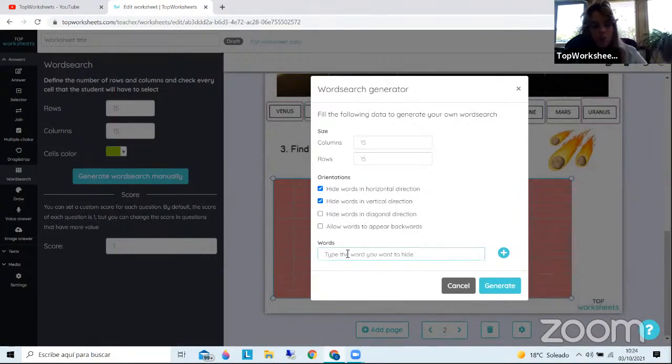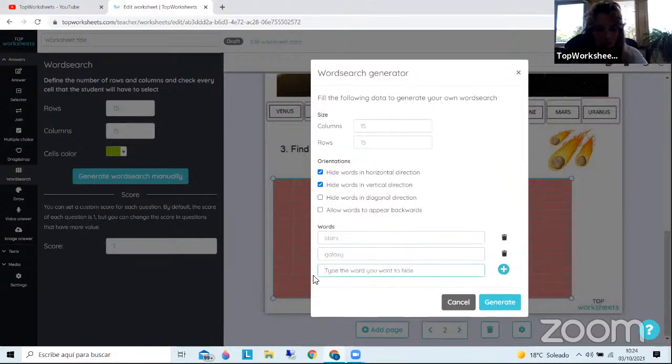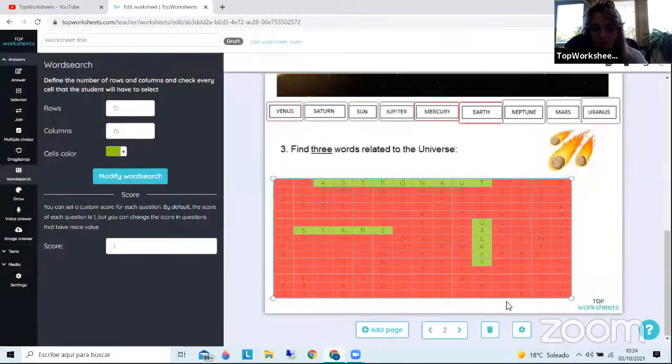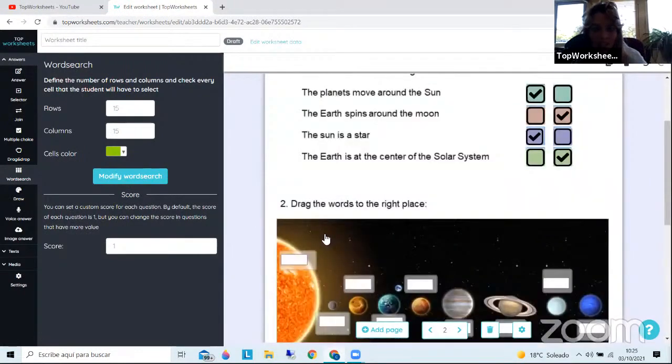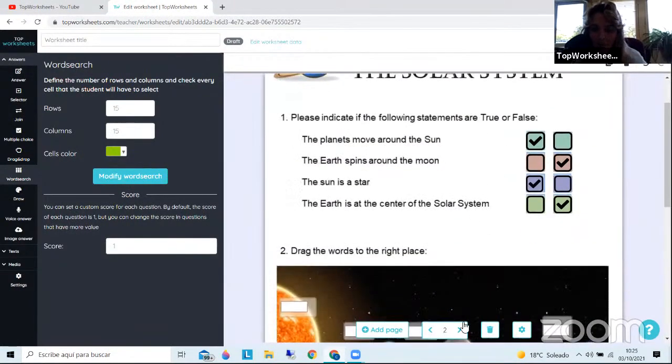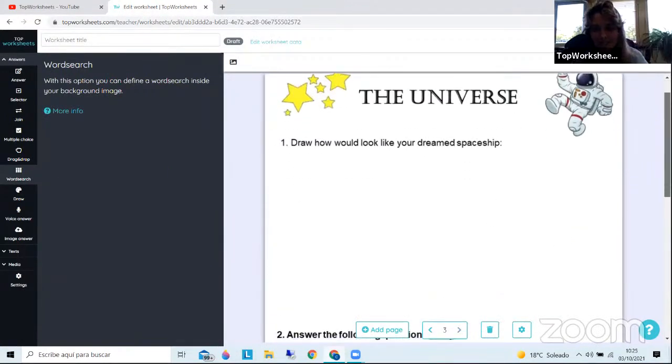And here we just have to write the words we want them to look for. Okay, so it would be, for example, star, galaxy, and astronaut. And we generate it. Look, where we have nothing just a moment before, now we have this beautiful word search. So the second page is done, and we go to the third one, where the first exercise is asking the